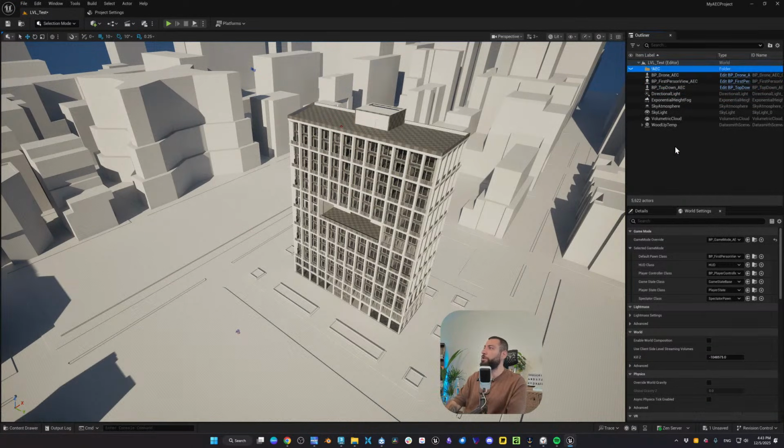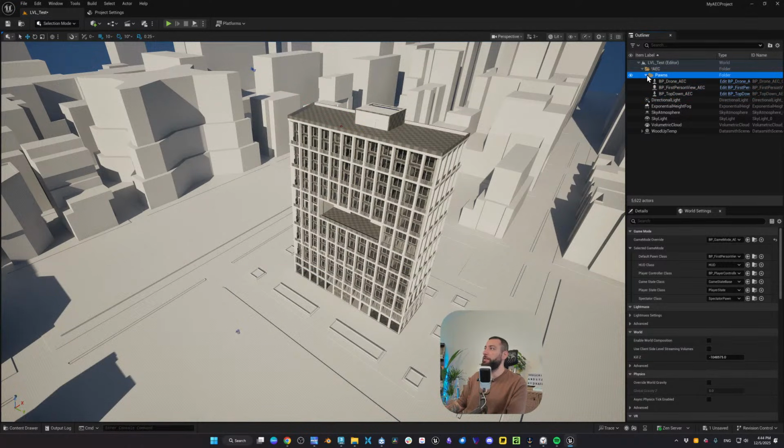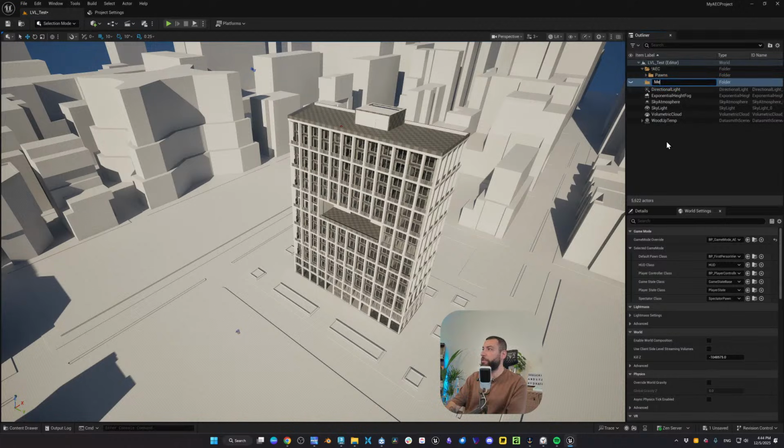I'm going to create a new folder, call it AEC. And within that folder, I'm going to create another, and let's call it pawns. And I'm going to select the pawns we've added, add them here. And I'm going to create another folder, call it mesh, to add my project into it. And I'm going to create another folder, let's call it lighting. And I'm going to add the temporary lighting setup that we made so we can remove it later, and I will explain why. So let's click and drag and add that.